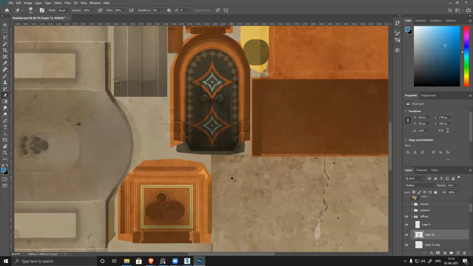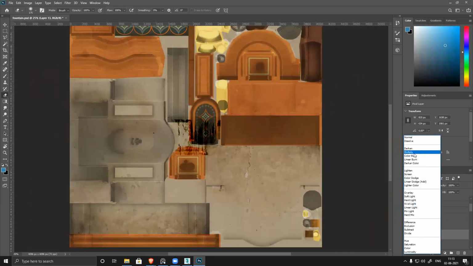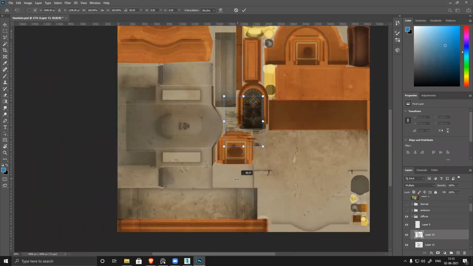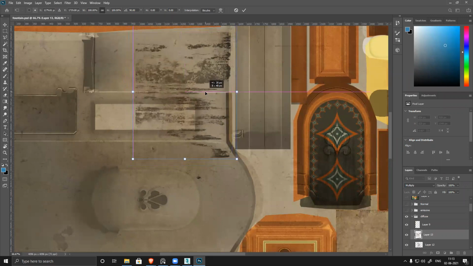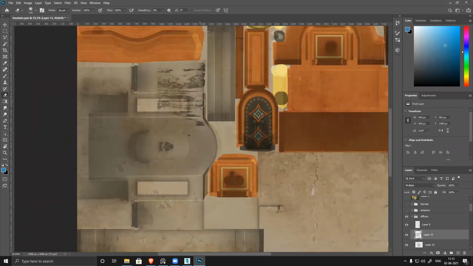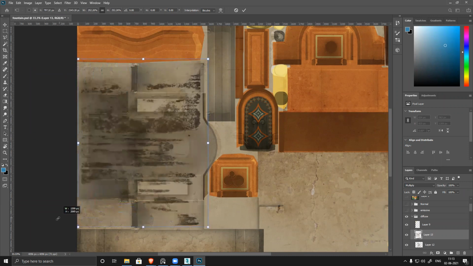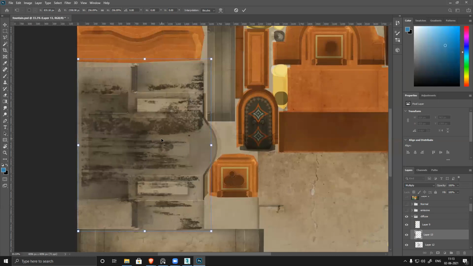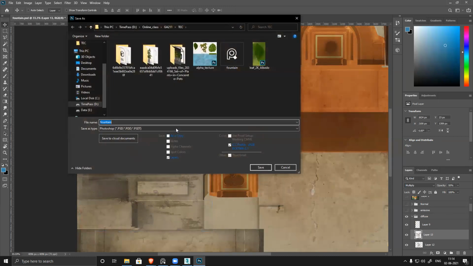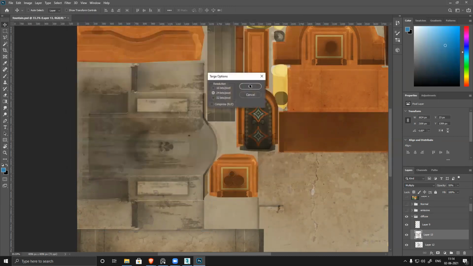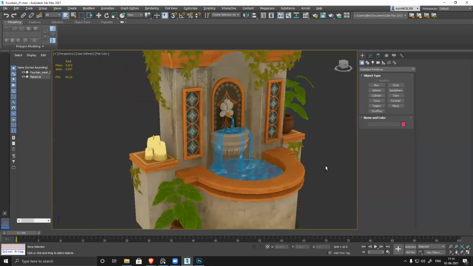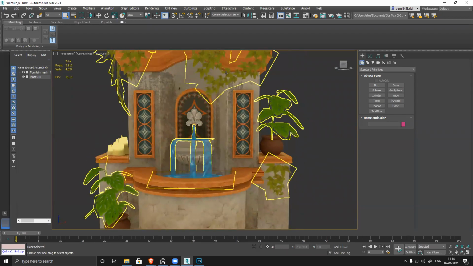For all these sections also, I want to add a little dirt here, dirt there. Align it nicely. It's too strong. Let's make it a little lighter. Yes. So you can add all that dirt, and this part also needs some amount of dirt.